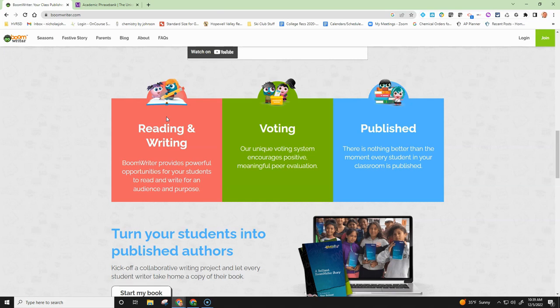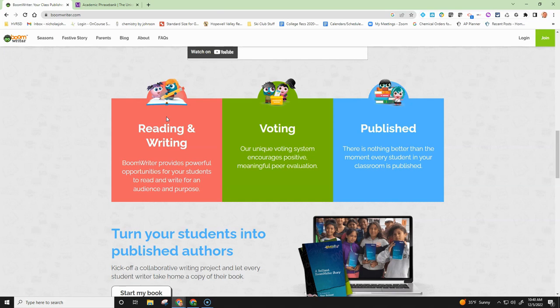My favorite part is that you, the teacher, will have the option to publish this work for real, physically publish this book. So you can actually have Boomwriter print and send to you paperback copies of this book. There's of course a fee for that, but it's fairly reasonable, and I think it's going to be worth it, even if you get the students to chip in or maybe fill out some kind of a grant to pay